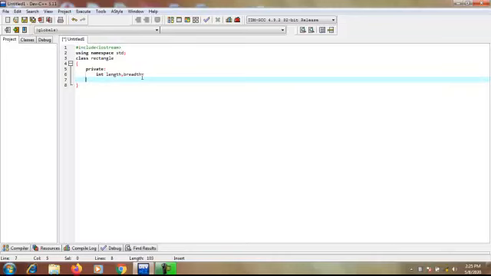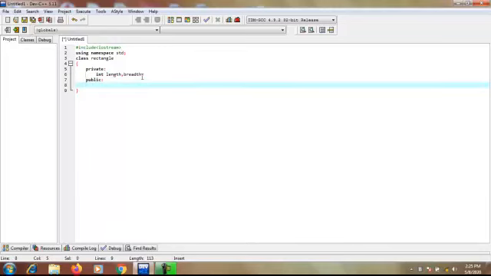Then declare the constructor. Constructor is declared in the public access specifier. So I write the next keyword public, colon, and then write the name of the default constructor.